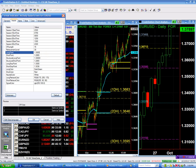So we are going to be buying above the 138 handle. We're going to go long above the 138 handle, and we're going to put our stop below 137.46. So our long stop is 137.468,